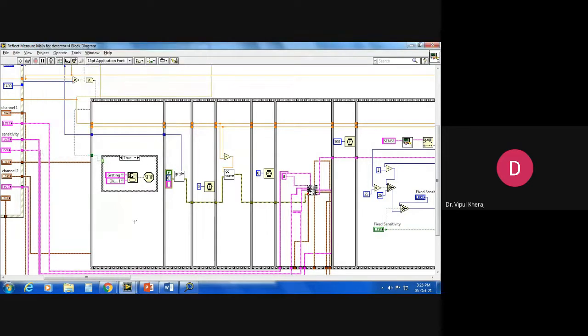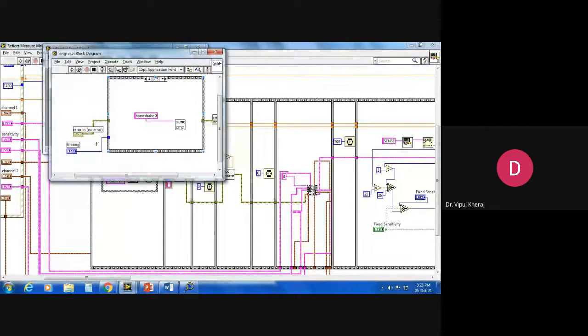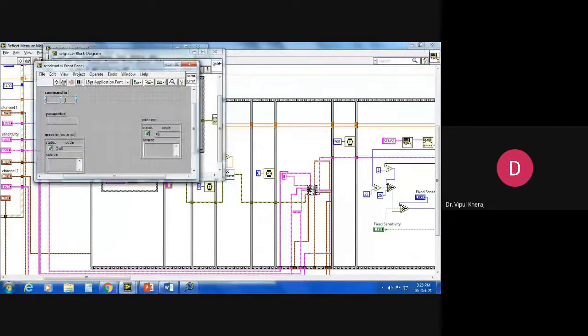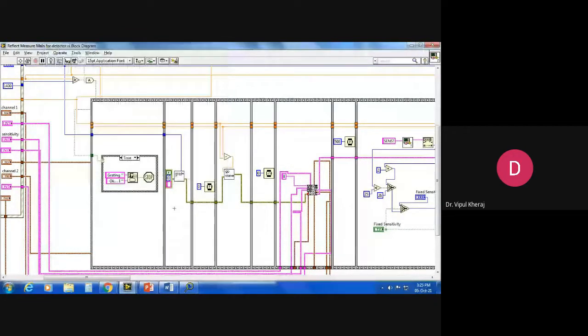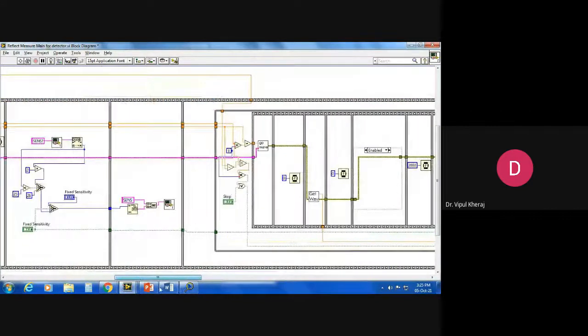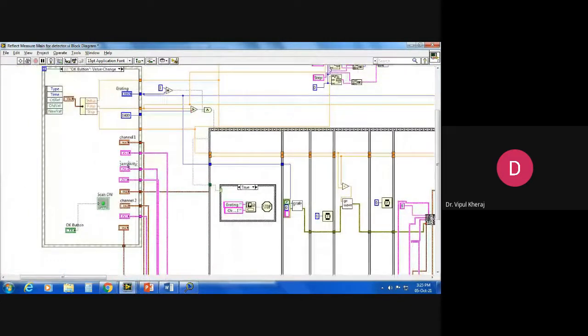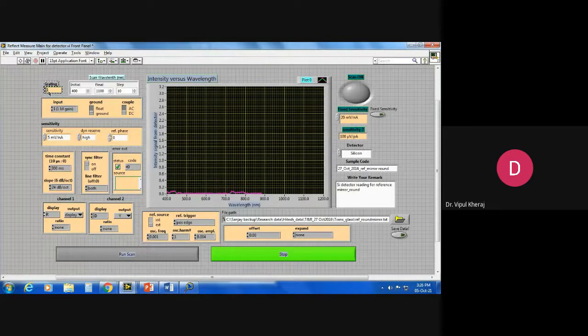And there is also a query. If I want to ask which grating it is, for example, currently the command is this, the grating command.